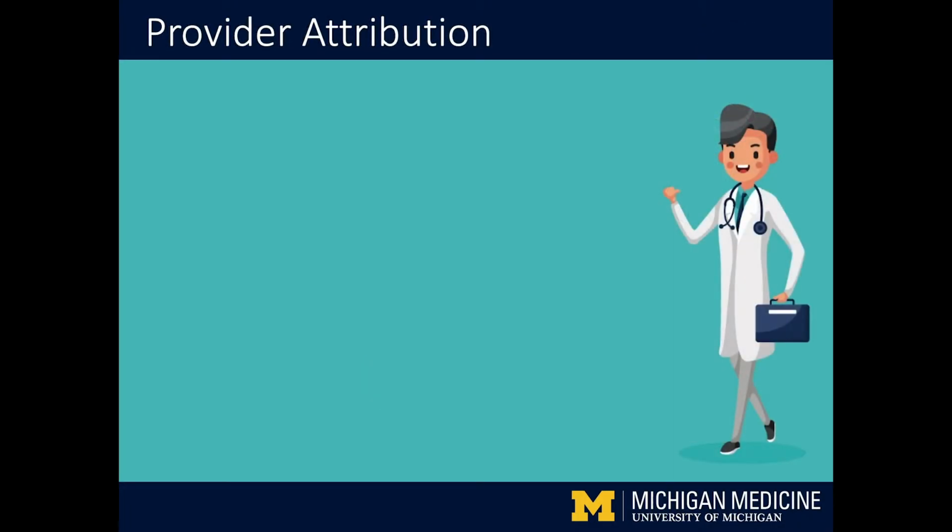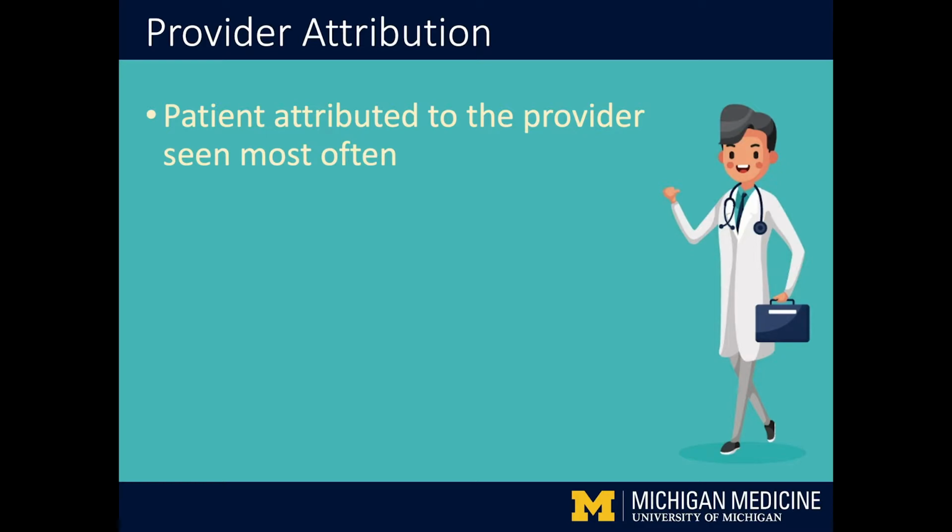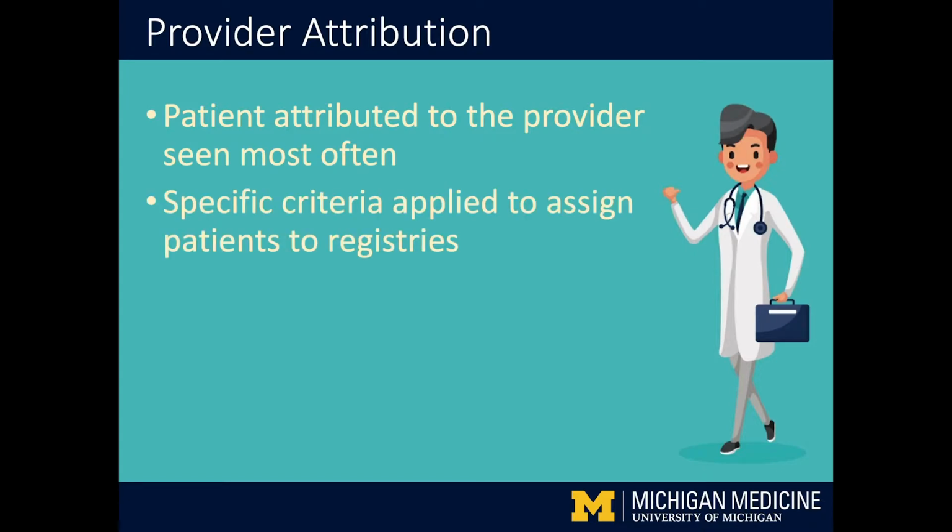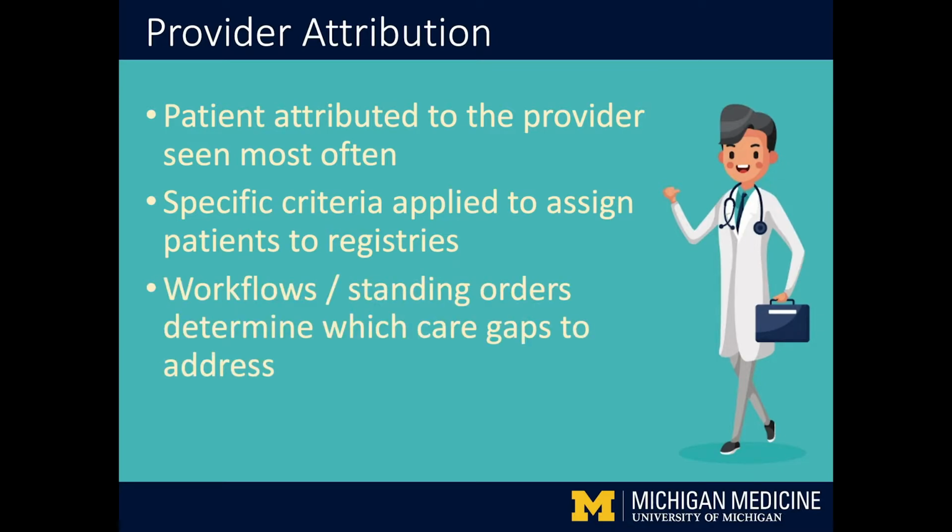For Michigan Medicine registries, patients are attributed to the clinic and provider seen most often, not just the PCP listed in the chart. Specific criteria are applied to determine which patients are tracked for any given measure, such as demographic factors, lab results, vital signs, and visit or problem list diagnoses. Clinics typically outline expectations for managing care gaps at various visit types. Whenever possible, standing orders allow the care team to address some of the gaps without immediate input from the physician. If you are not sure how things are done at your clinic, ask your preceptor to review this with you